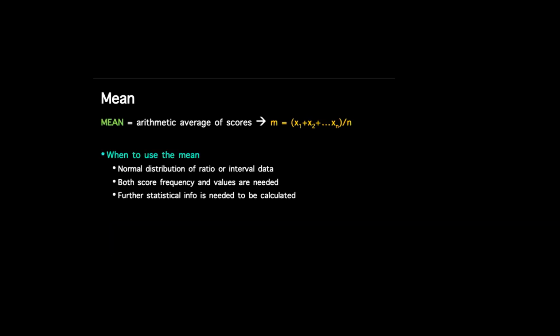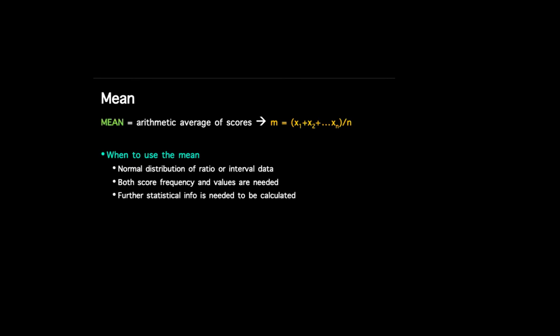So all in all, we would want to use a mean when we have a normal distribution of ratio or interval data, okay? When we need to know both frequency and the quantity of values within the data set, and if we need to calculate further statistical information,